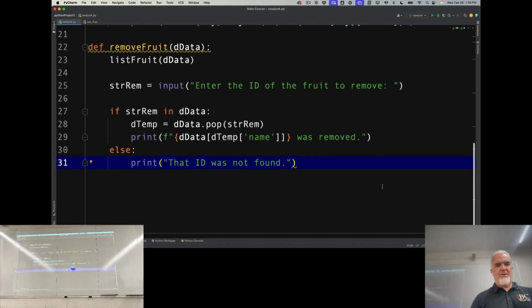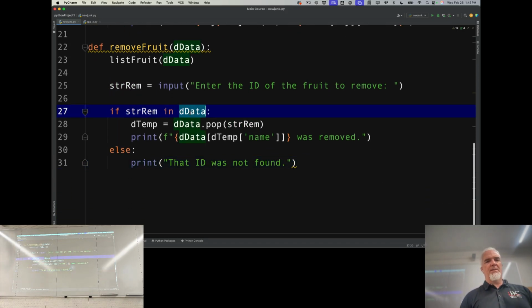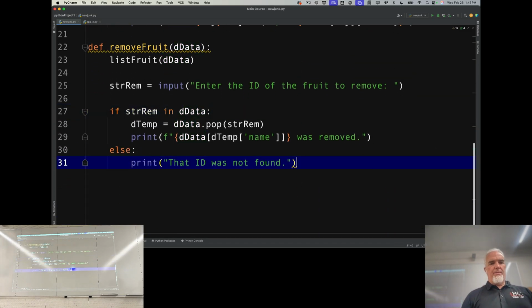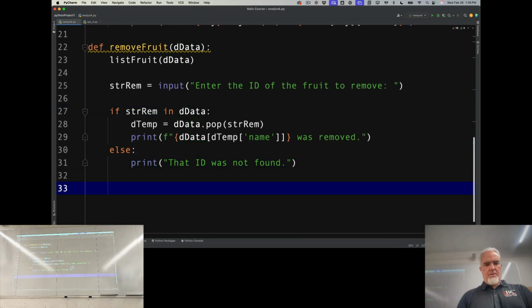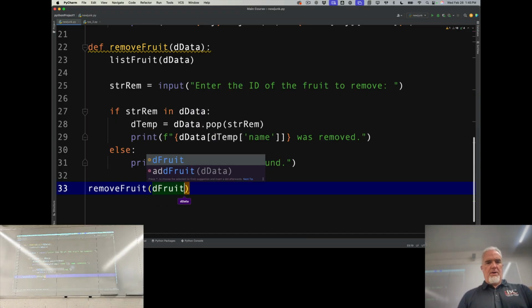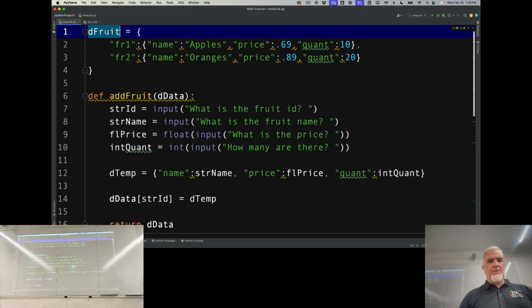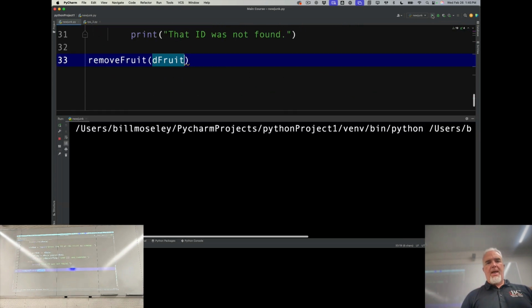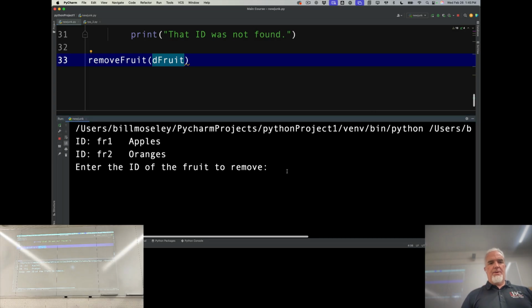Okay, so that at least checks to make sure that the element exists. So it's looking for the key inside that data, and it will remove it if it's there, and if it's not, then it says it was not found. So let's test out the remove fruit function real quick. And I'm going to pass that the dFruit, our main data structure, right? I'm going to pass that into this here, and we'll run that. So it does the list fruit, then the ID that I want to remove,